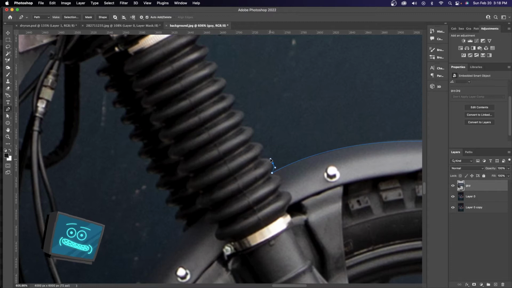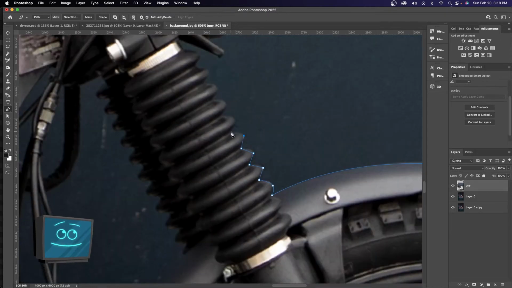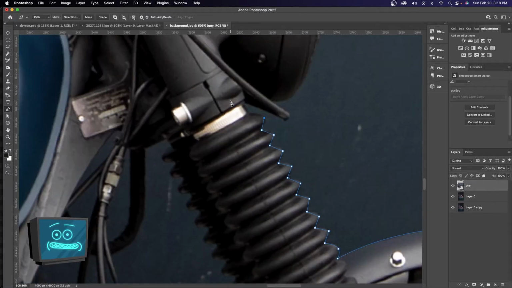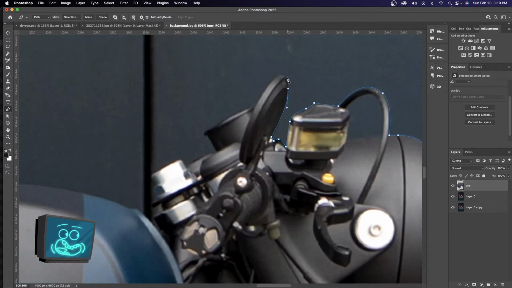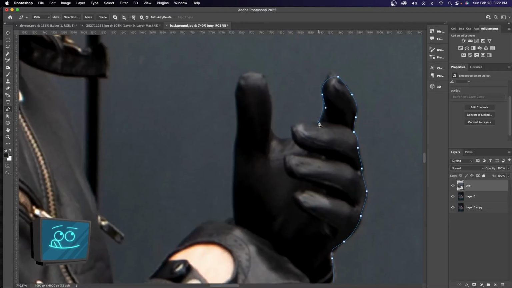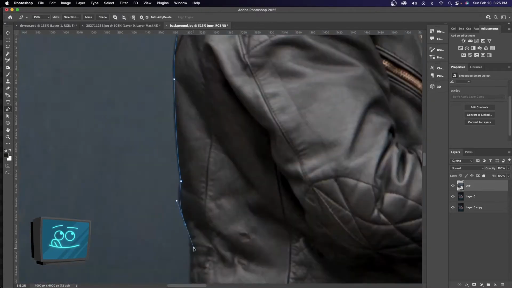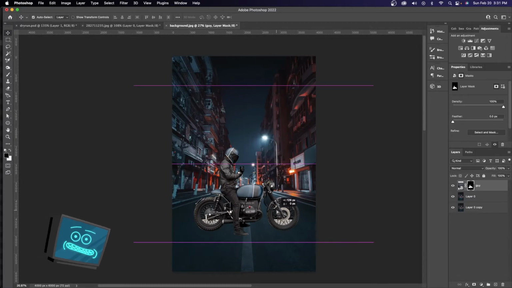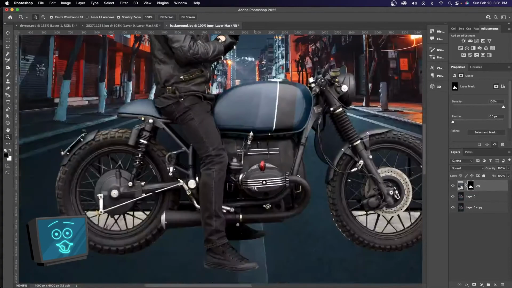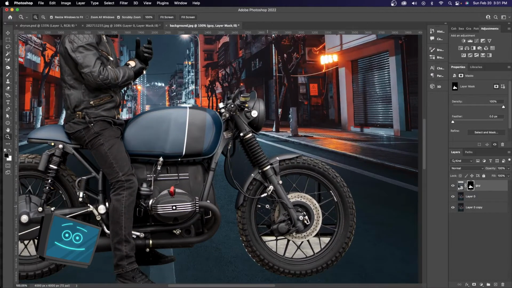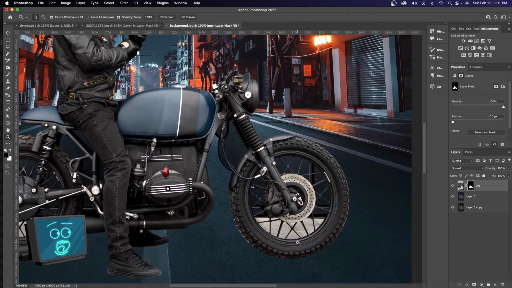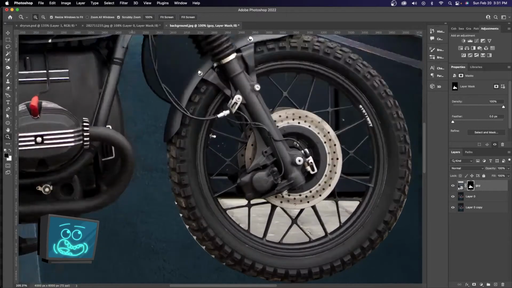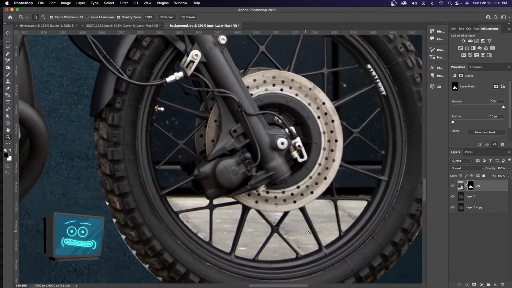I'm not getting too into the weeds. See right here, I'm not even gonna go around these. I'm just gonna zigzag, because we have a solution for that later. You'll see. Alright, so now I'm just gonna whip around the rest of this real quick, so hold tight. Alright, now that we've freed him from his original background, we gotta get the internals. We gotta get in between all these wires, these spokes, and unfortunately there's no shortcut, so I'm gonna have to get in there with a pen tool and do every single one by hand.